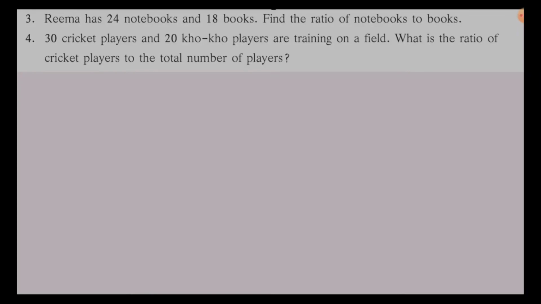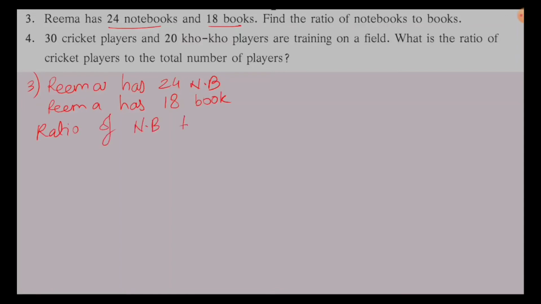Okay, third sum is what? Rima has 24 notebooks and 18 books. Find the ratio of notebooks to books. Okay, so notebooks to books. So what we will be writing? Rima has 24 notebooks. I am writing in short form. And Rima has 18 books. Ratio of notebook to book will be